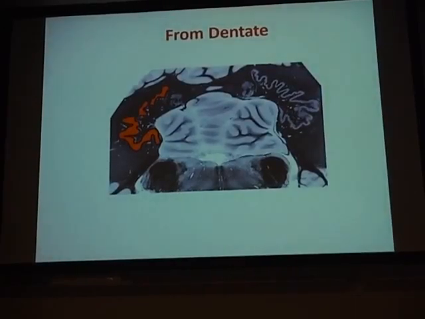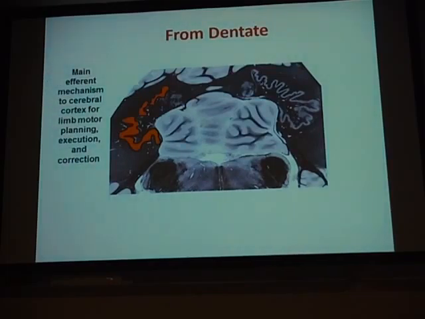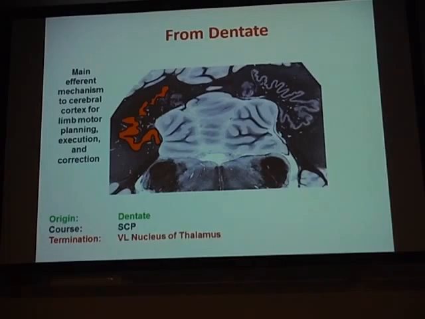Okay, a couple output slides. What nucleus is this? Oh, it's written on there. Dentate, okay. From the dentate nucleus, that is primarily going to, again, send out the motor information that's been processed by the cerebellum. That information will travel out through the superior cerebellar peduncle, going to the VL of the